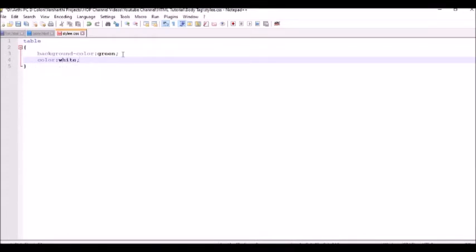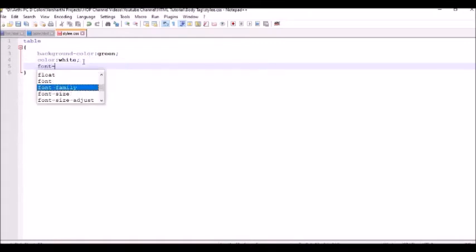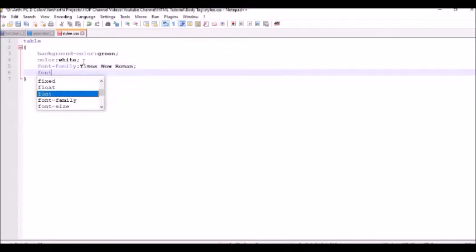Then we can define font family. So let's have the font as Times New Roman, and you can define font size, let's say 16 pixels. Let's run this program.